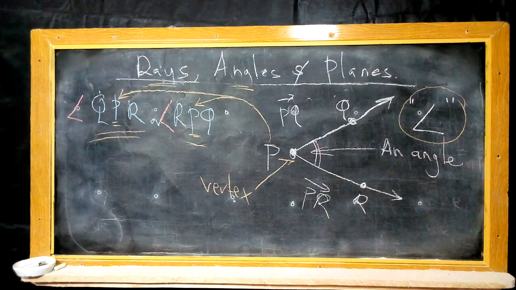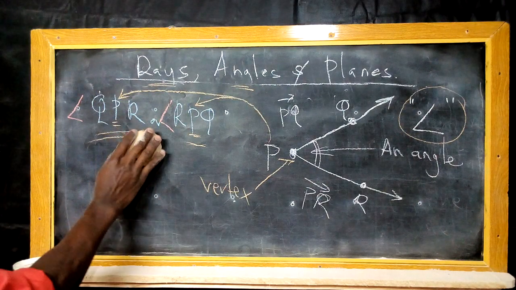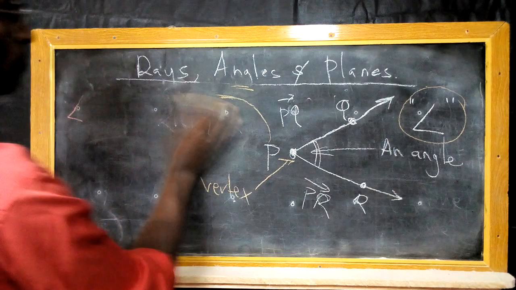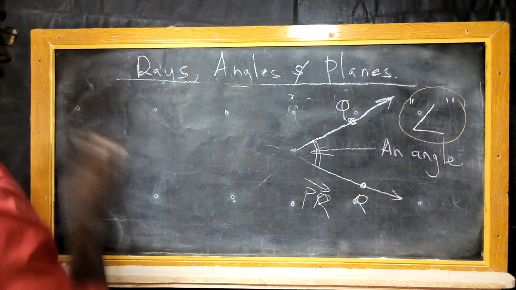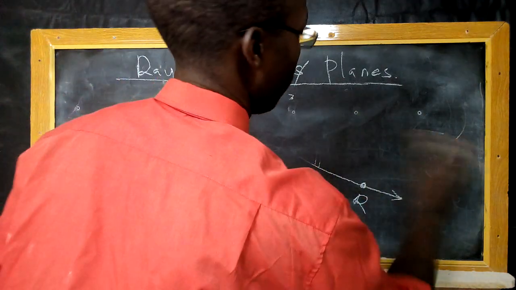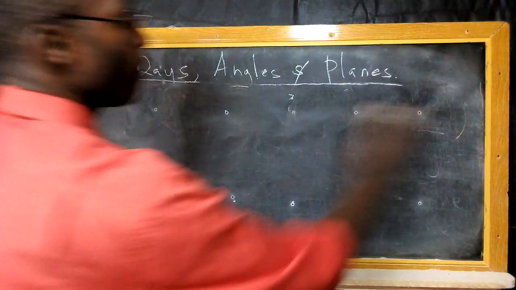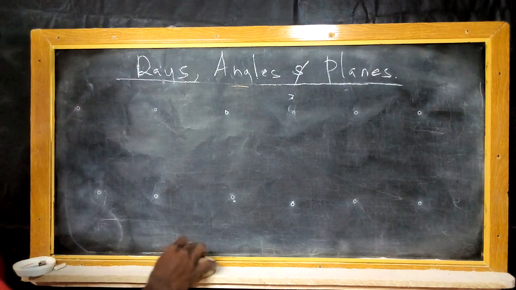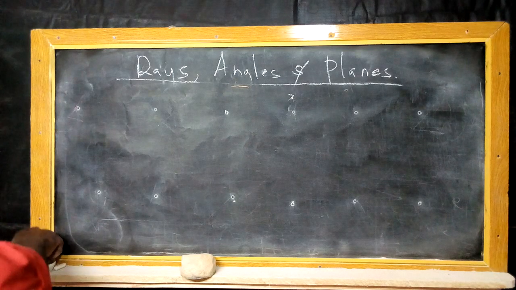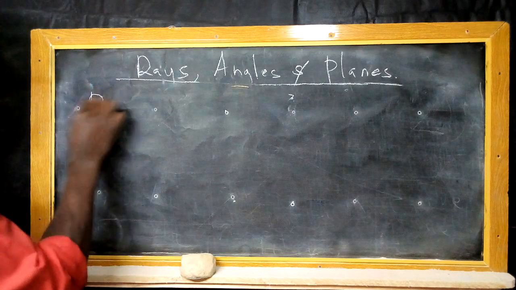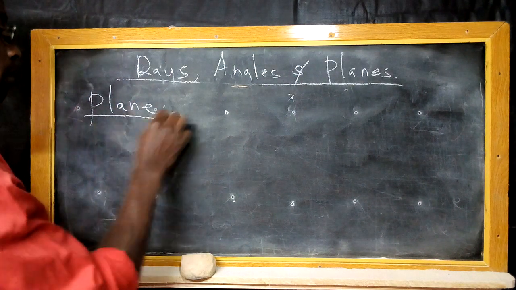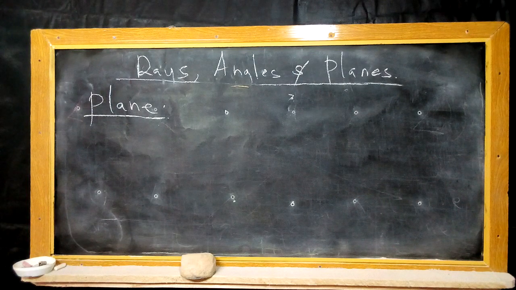We shall move next and try to define what a plane is. So next we shall look at a plane. As we have talked about a point, a segment, a line, a ray, and an angle,